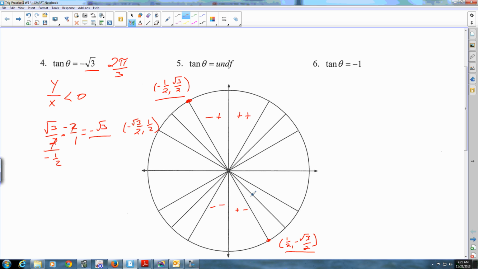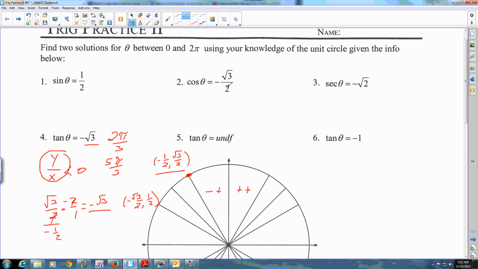And this one is 5 pi over 3. So those would be your two angles. Now, talking again about diagonal, all tangents are going to be the same answer, the same ratio, diagonally. Before I go on to the next one, looking back up here, cosine was negative square root of 3